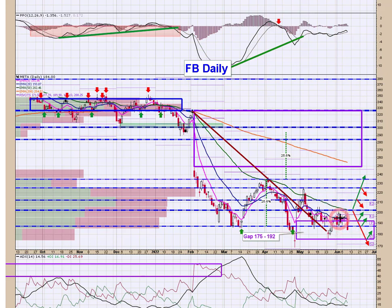So we came up, tagged the 50, and yesterday really let go. Down below all the moving averages, we're back into the old gap that I have here in purple, and we lost this 187.50 type line right here, and now we're squarely in the middle of the gap, which had been filled. Right here we came up and filled that, but now at this midpoint,